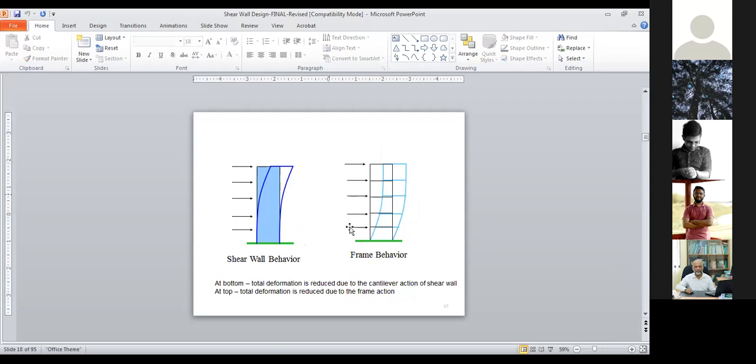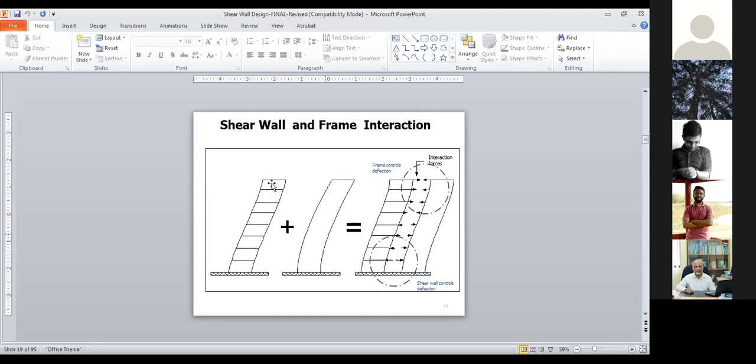Yeah, I think it will be easier for you to understand here if you see the shear wall behavior and frame behavior. If you see at the bottom, because of the shear wall behavior, you have very small deformation. But if you see the frame behavior, you will have the large deformation here. So if you combine these two, the total deformation will be reduced. What happened is you have the frame here, and you have the shear wall here. If you add these together, at the top and the bottom, you can see that